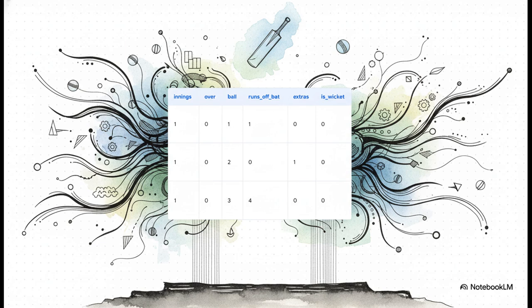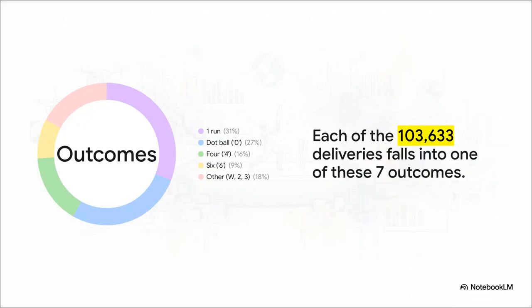Every single missing value has been fixed, every entry is consistent, and this clean data set, it's so much more than just a table of numbers. It's the bedrock, it's the source of truth for every single virtual ball that will ever be bowled in our universe. Now, to make sense of all this complexity, every one of those 103,633 deliveries was simplified and classified into